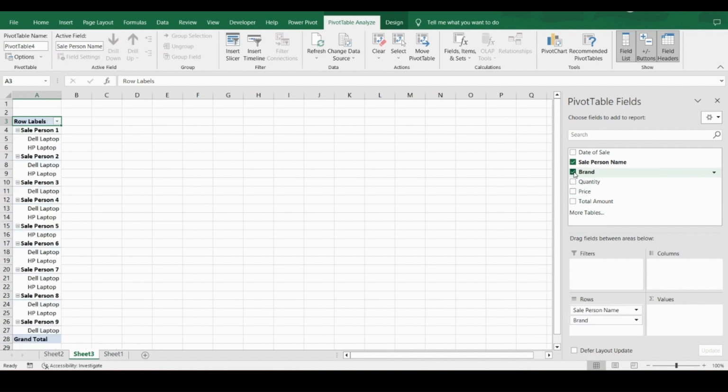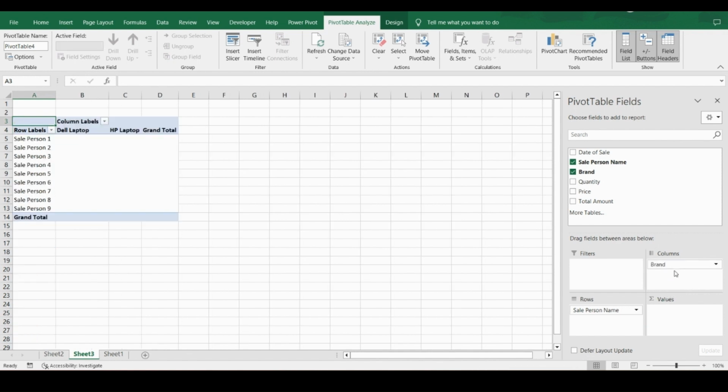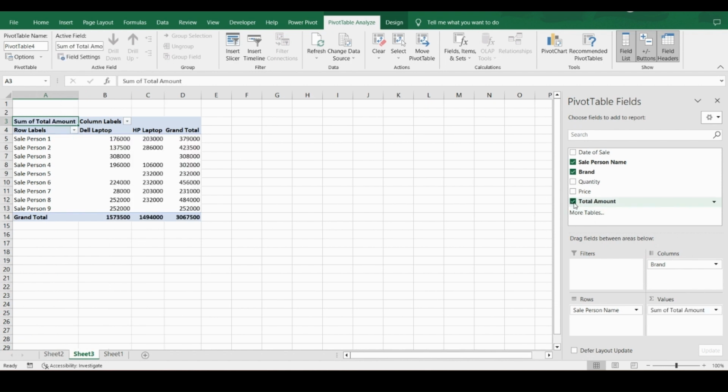If I click on brands, brands also contain text values, so it goes under rows by default. But this doesn't mean that if any column has text, it will be only for rows. If you need brands to be under column heading, you can just drag it and put it under columns. Now I click on total amount. As soon as I click on total amount, because total amount has numbers, values, amounts,